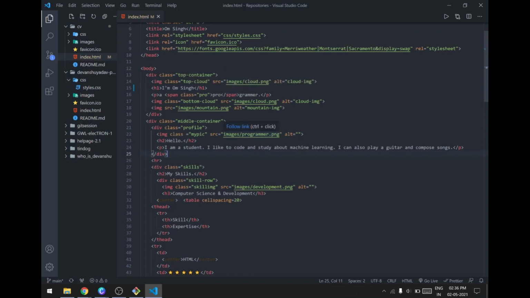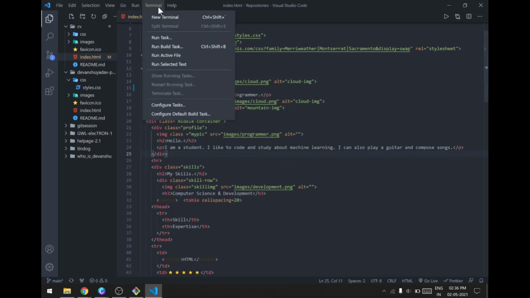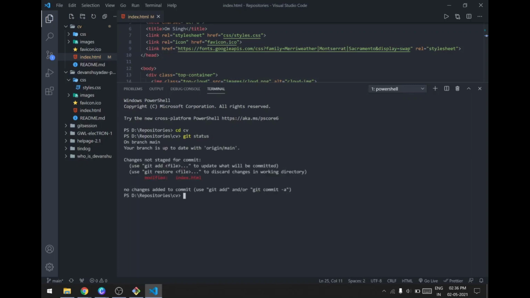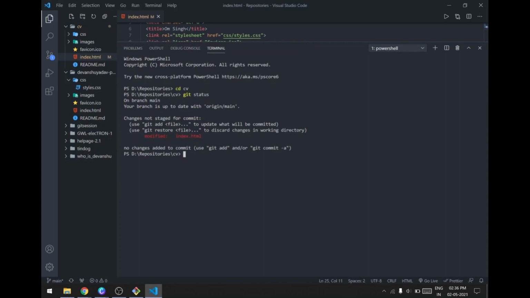My text editor also has a terminal which works in a similar way to the git bash. So let's just use that for now and we'll first cd into the cv, then we'll use git status to see if there are any changes. Yes, it's showing me some changes are there, so we'll now add those changes to the staging area and we'll commit that change, git commit -m.